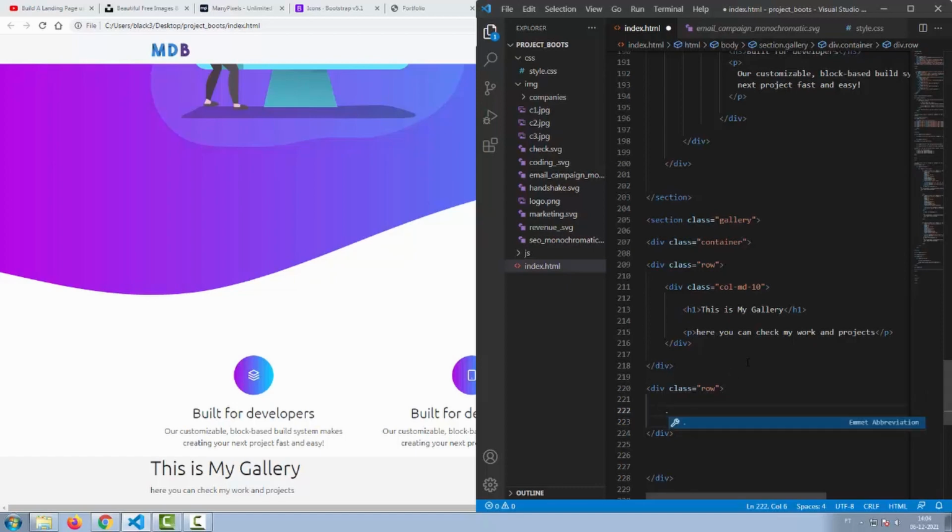So call MD4 multiplied by 3 images. So in here, I'm gonna give this image src equals, and then a class of fluid2. Img, class of fluid. Okay, so